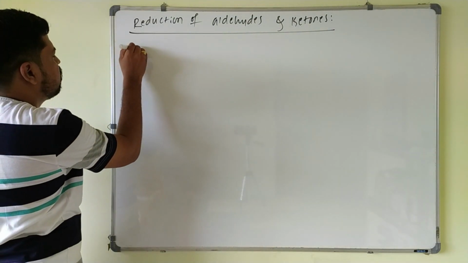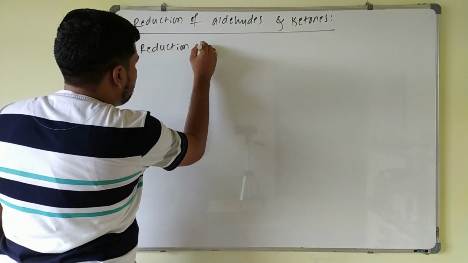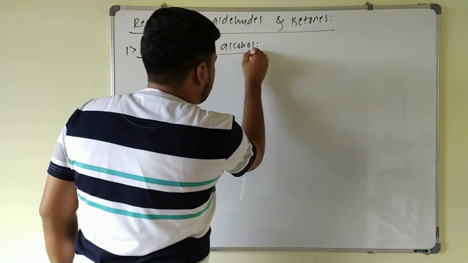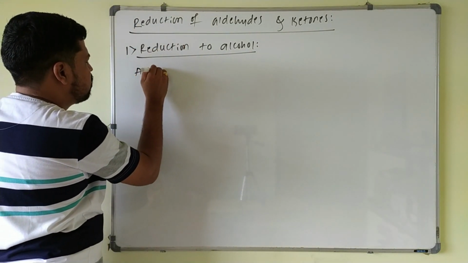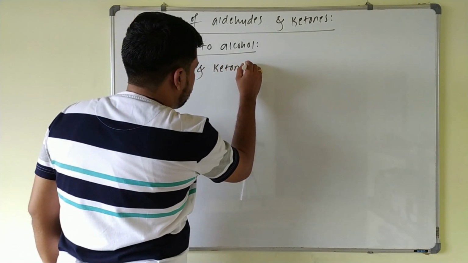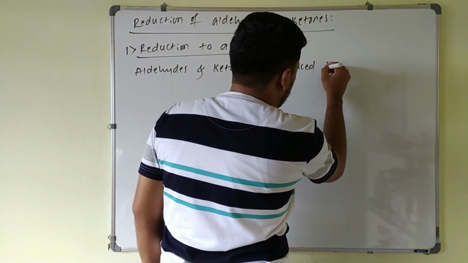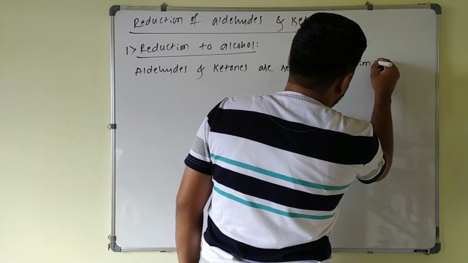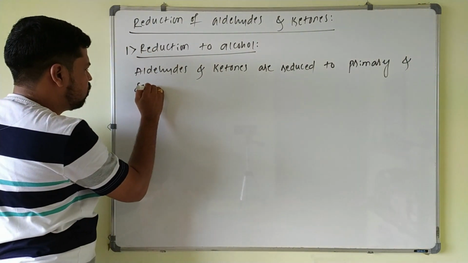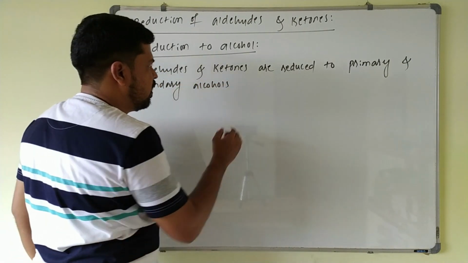First one, reduction to alcohol. Aldehydes and ketones are reduced to primary and secondary alcohols respectively